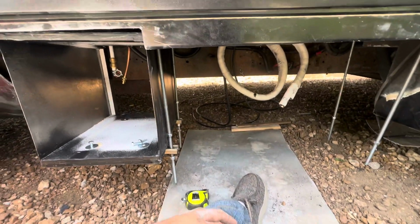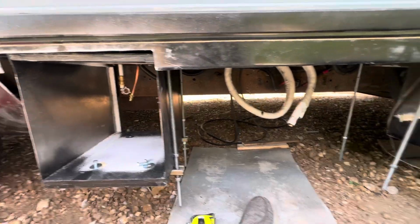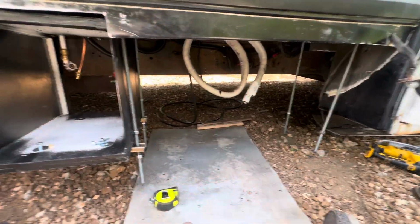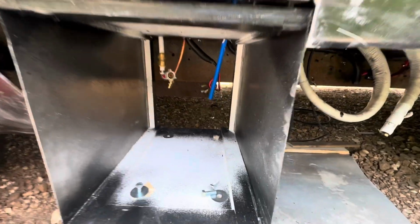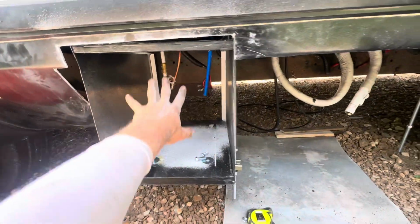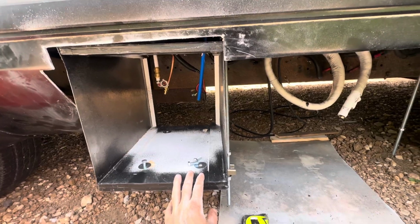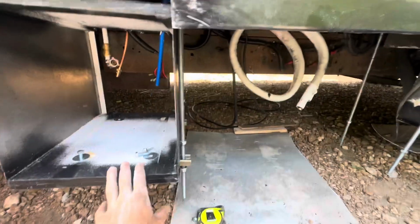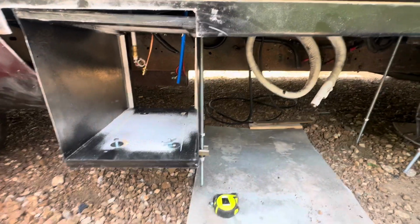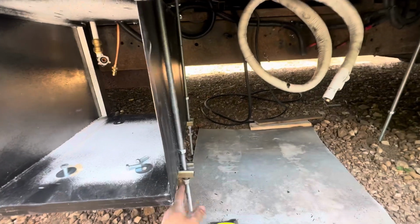Well, for any of you wondering how I somehow managed to tell you guys I'm gonna finish something one day and then I don't finish it that day, here's how that happens. I spent most of my morning finalizing all the plumbing connections for this water heater and making it look downright beautiful. And then I went to hang the AC. The reason I hung the water heater first was so I could continue to work underneath the bus but get something done. Now that I've went to hang the air conditioner, I had my calculations wrong because this is a